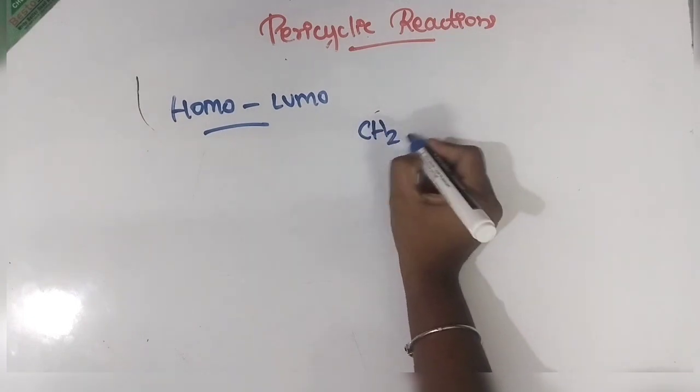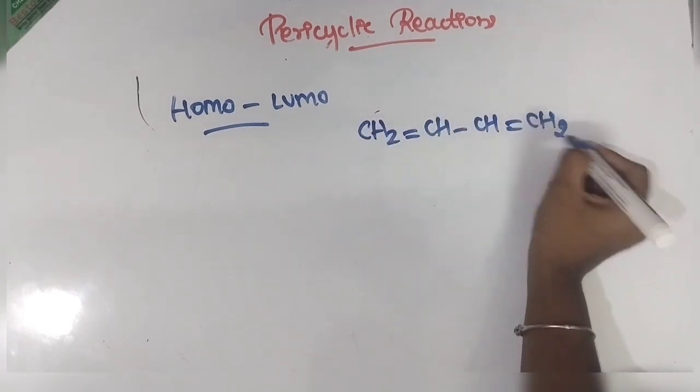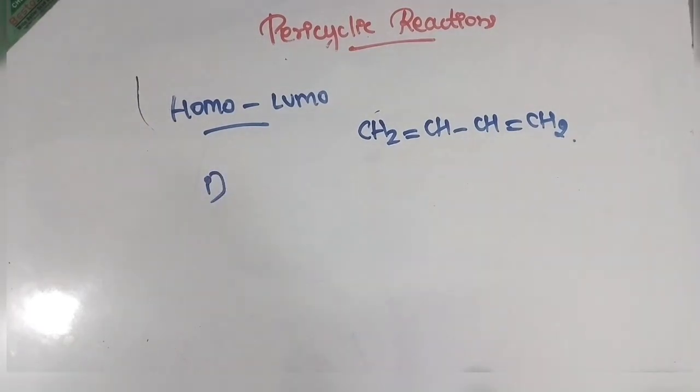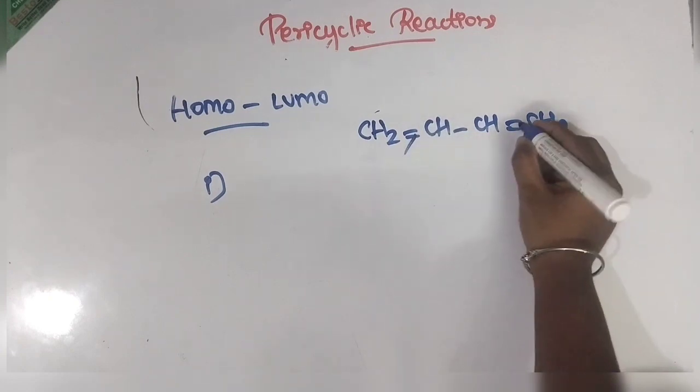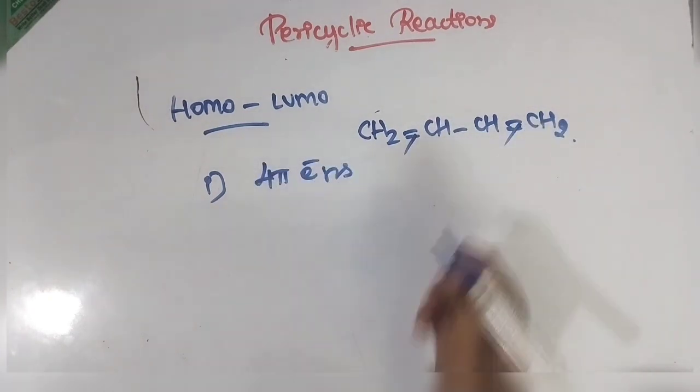Let me give you another example. 1,3 butadiene. Count the number of pi electrons. 1 pi bond, 2 pi bond. So which means 4 pi electrons. Okay, now